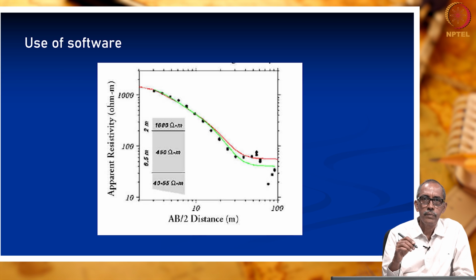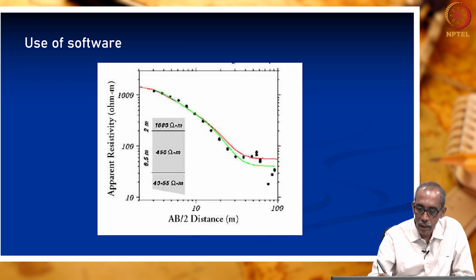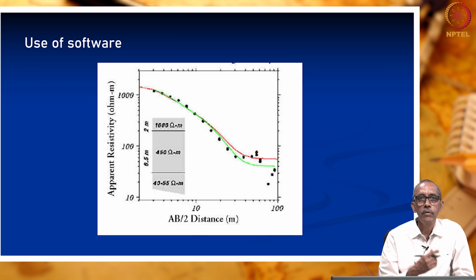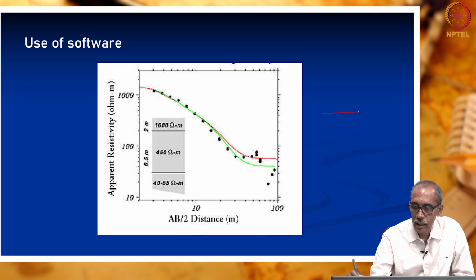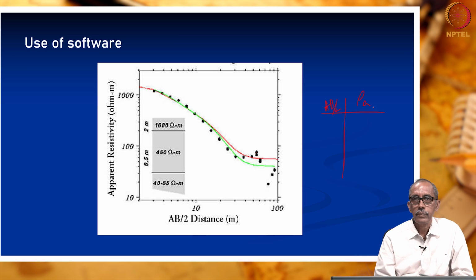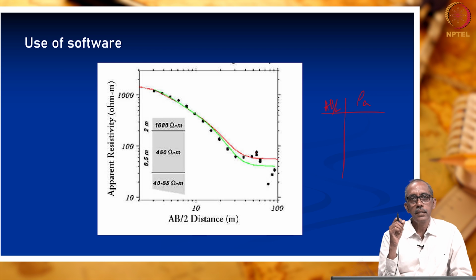For a site near Chennai, we carried out a resistivity survey. All these black dots are the resistivity values which we have obtained during our field investigation, right. So, what we need to do? We need to give this data as an input to this software, that is the data of AB by 2 versus rho A apparent resistivity, that is what these black dots are. The software will automatically try to find the best matched theoretical curves that are available in the database.